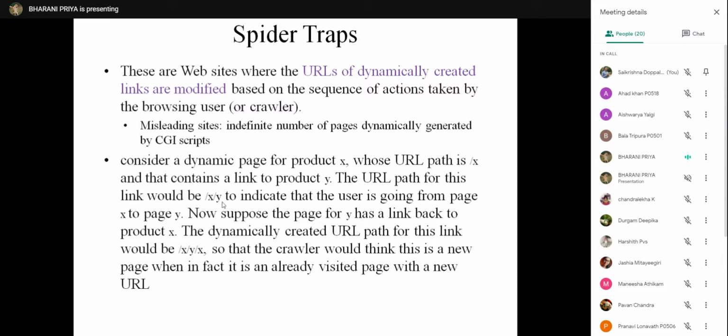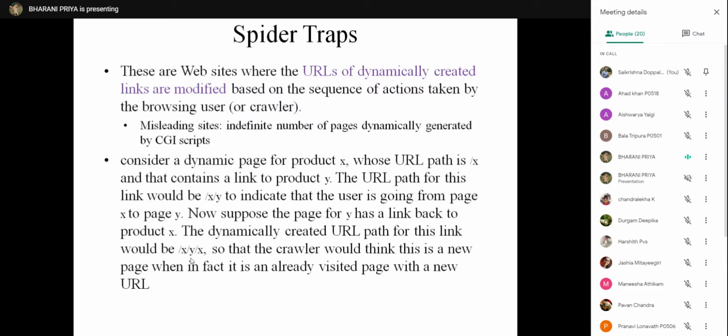Now from the Y, if say the user or the customer is traversing back to X, so now the new URL will become XYX. The URL path has increased, and the crawler will think that this is a new URL which is not visited, and it will download the X page again.